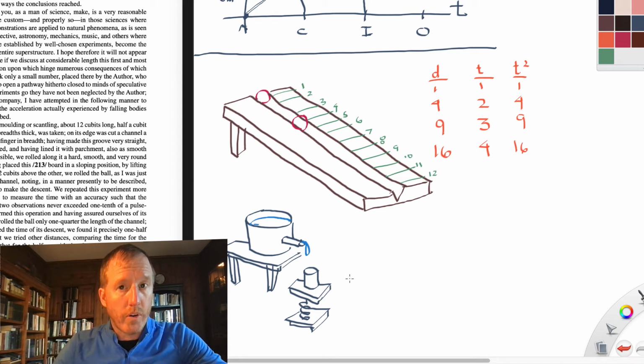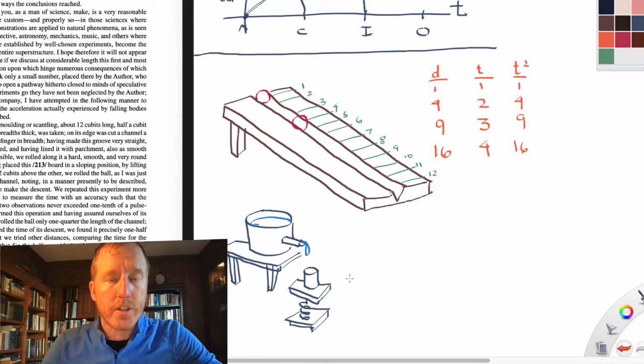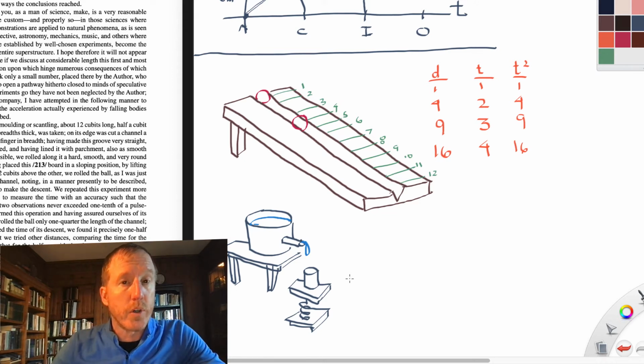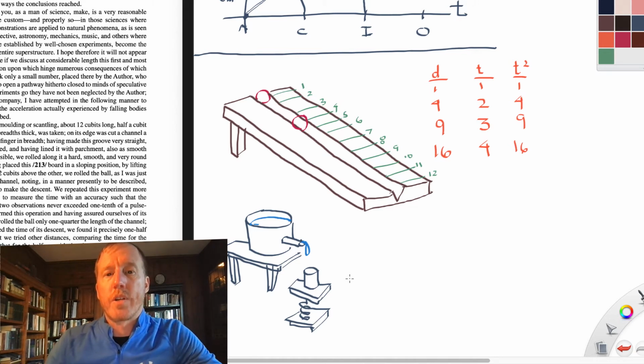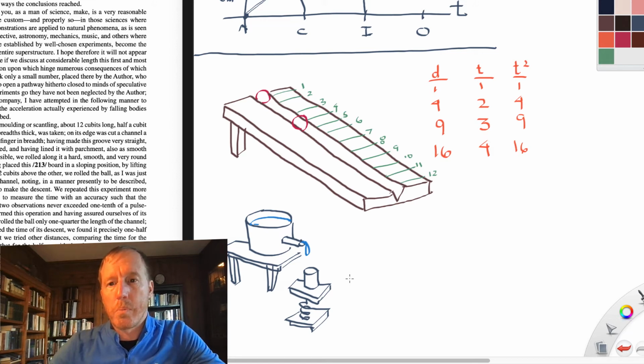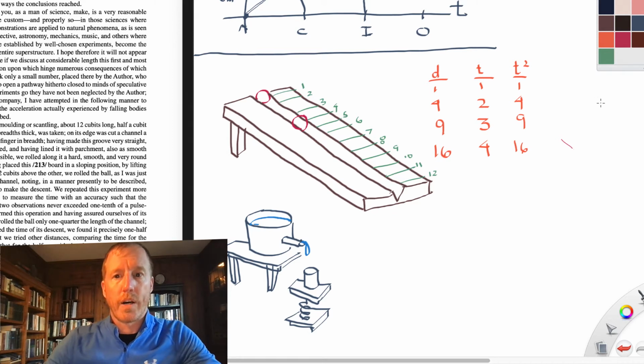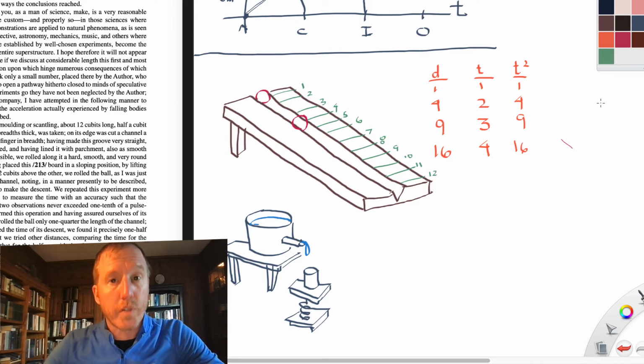And you'll measure a certain weight of water. The amount of water that you weigh is proportional to how much time the water has flowed out. So you're really measuring time in pounds, you might say. So this offers a more precise way of measuring time intervals. And this is presumably how Galileo would have measured these different amounts of time. So he's measuring 1 unit of time it took to roll down 1 unit of distance. It took 2 units of time to roll down 4 units of distance. It took 3 units of time to roll 9 units of distance, and 4 units of time to go 16